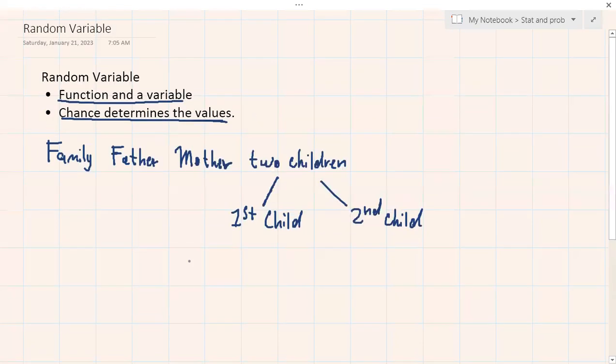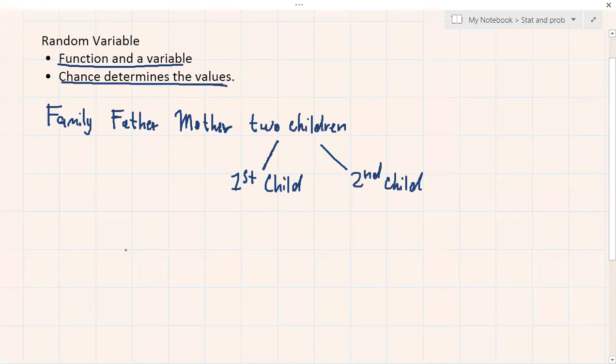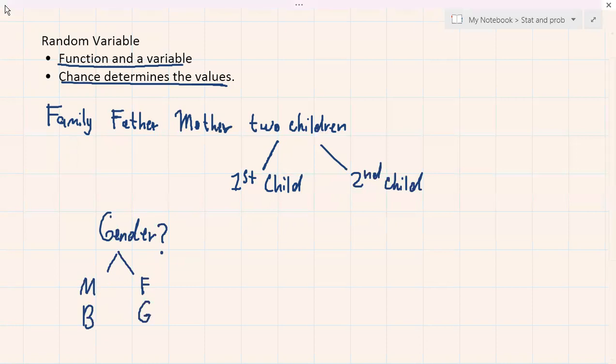Okay? So, biologically speaking, how many genders are there? 'Di ba there are two genders? Okay, dalawa ang gender ng isang tao eh. Grabe naman. No, that's different. There are two possible genders para sa isang tao. Yun. That's a far better way to say it. So, when it comes to gender, okay, it could be a male or could be a female. Or para mas madali, it could be a boy or it could be a girl.